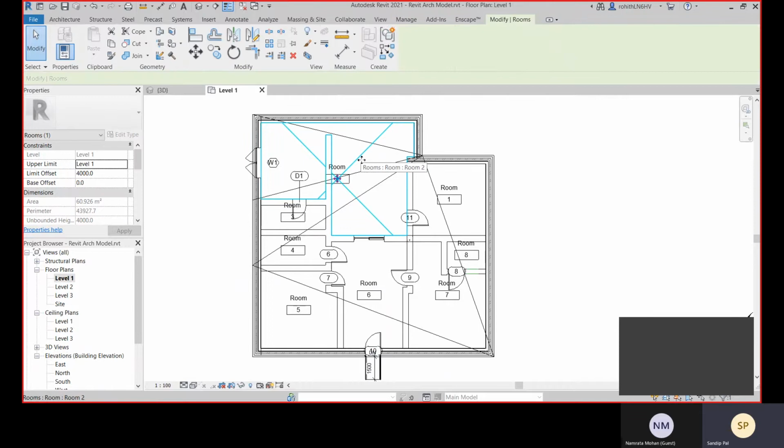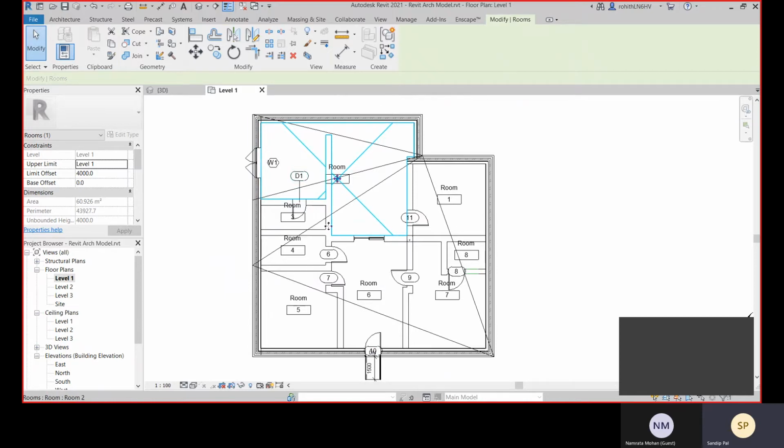Now you have to select this total room tag, right? So go with this, press Tab, so that you can choose the selection. Now you see that it's selecting this total area, right? Because this wall is not closing this area, it's not defining any closed area.